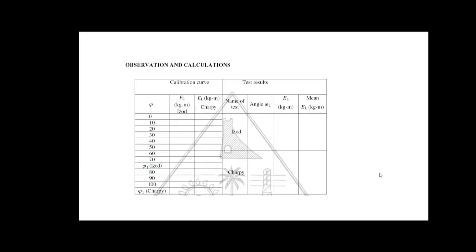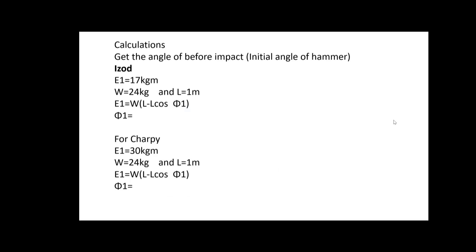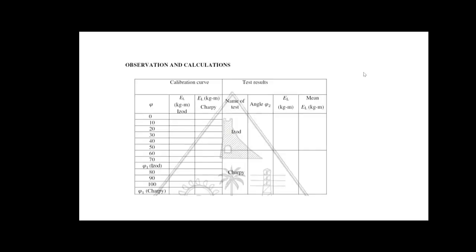This is a tabulation that you have to make. In the equation WL into (cos phi minus cos phi 1), the phi 1 value we got from these calculations. For Izod, we have a phi 1 value of some 73 degree, 21 minutes or so. You can get it accurately. Now for phi equal to 0, WL into (cos 0 minus cos 73 degree 21 minutes), what is the value? Then 10 degree, 20 degree, 30 degree, like that you go on substituting the values of phi